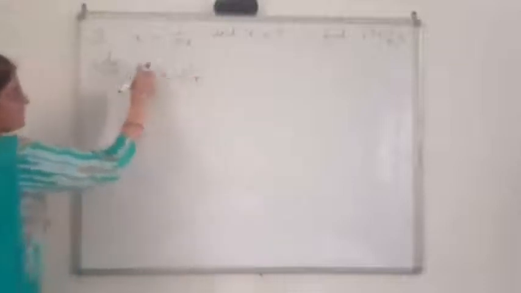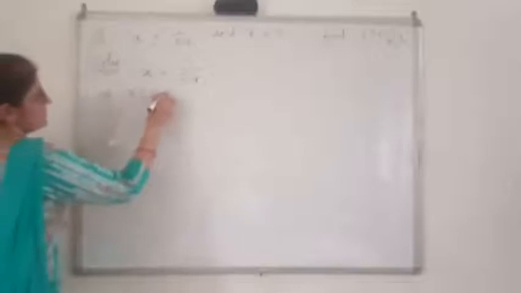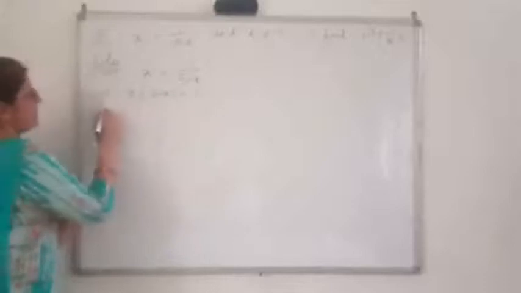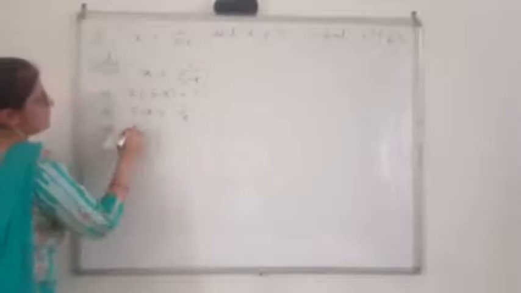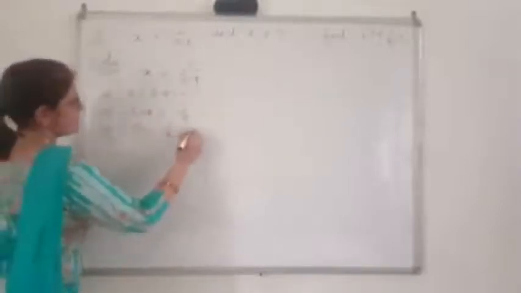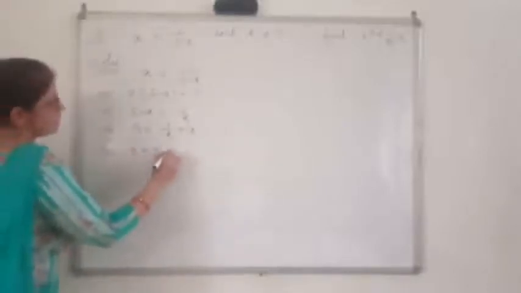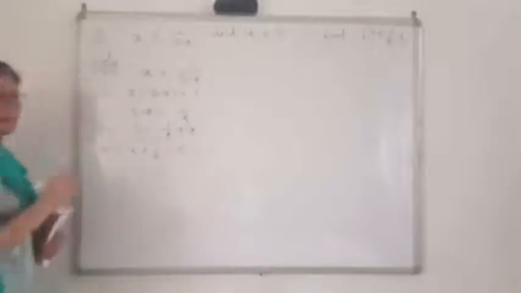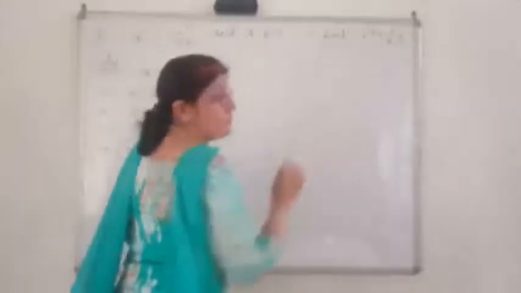x equals 1 upon 5 minus x. We replace them, or otherwise you do cross multiplication. x(5 minus x) is equal to 1. Now this x will come here in division. 5 minus x is equal to 1 upon x. This minus x will go that side in plus x. So we can write it like this also. x plus 1 over x is equal to 5. So is it the answer? No. You have to find the value of x cube plus 1 over x cube.